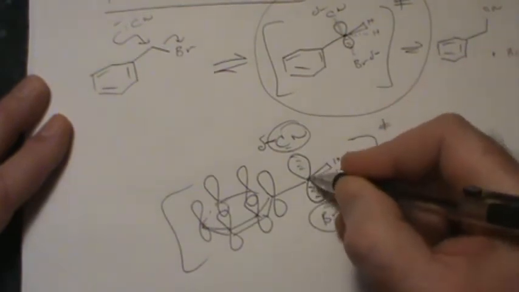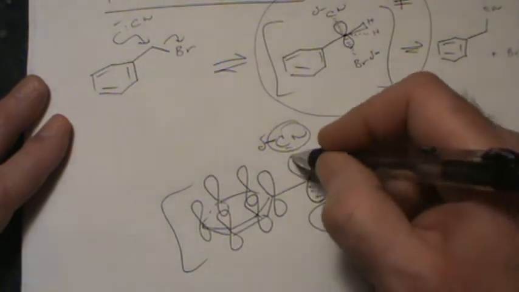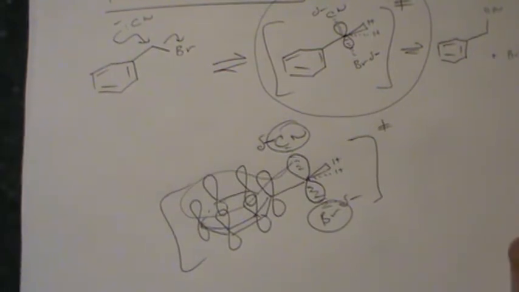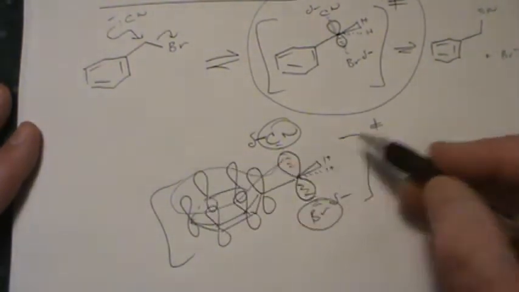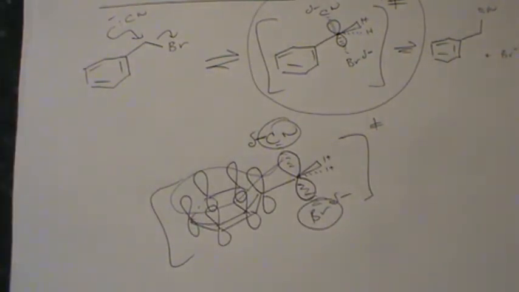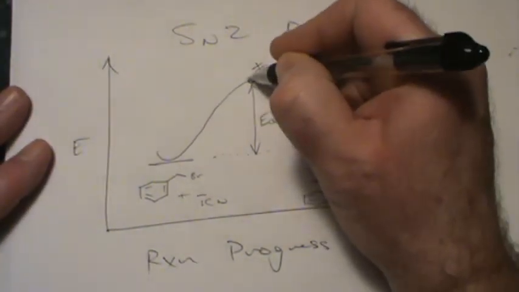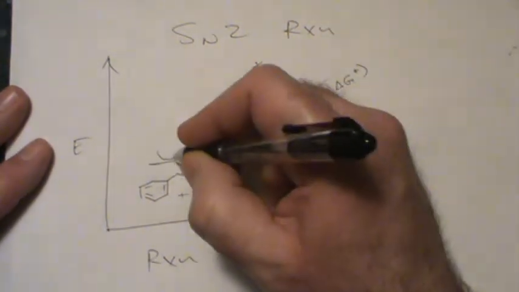because the benzylic carbon is also sp2 hybridized, it has a p orbital which is fully conjugated to the rest of the pi system. And so we actually have delocalization of pi electron density at the transition state, and whenever we can delocalize electron density, it's always going to stabilize the system. So indeed, in this particular reaction, the reason it's so fast is that the transition state energy is lower than it might normally be. If I drop that transition state energy down there,